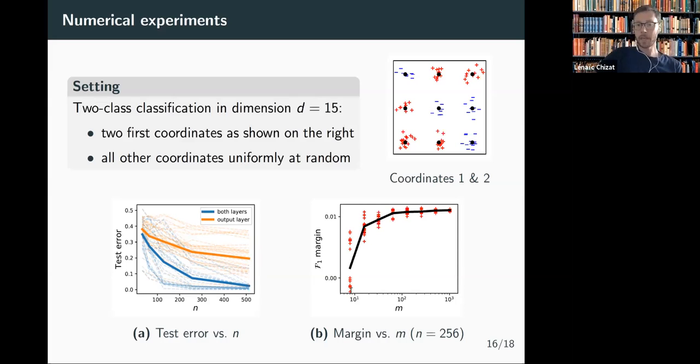All right. And here is another illustration which shows the F1 margin as the number of neurons increases during our training dynamics. So here, for instance, by training a neural network with 100 neurons, we almost achieve already the F1 margin. So although our results only guarantee that this black curve converges eventually to the F1 max margin, we observe that it's already at play with a reasonably small number of neurons. And these are open questions to quantify these results.